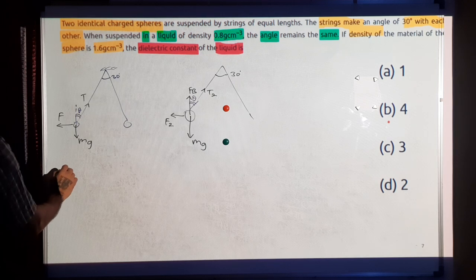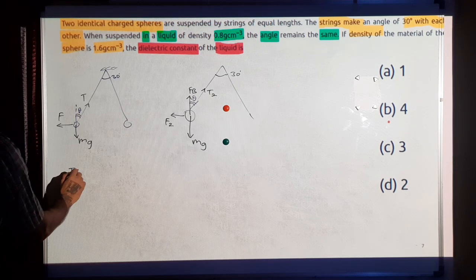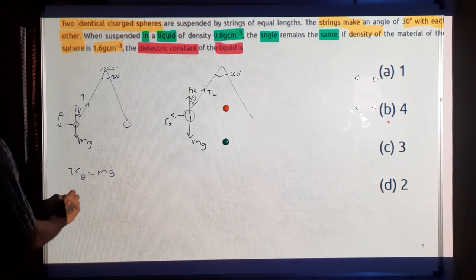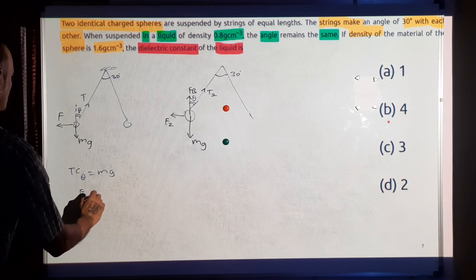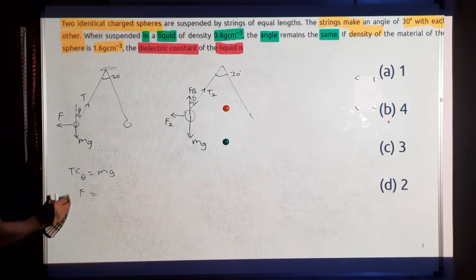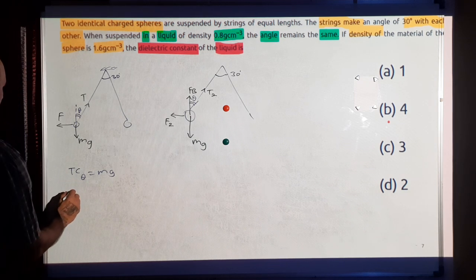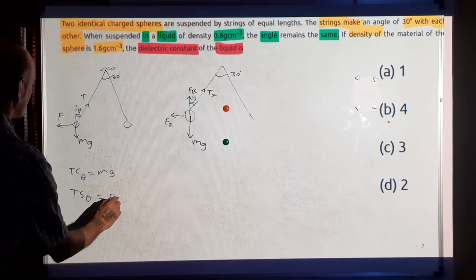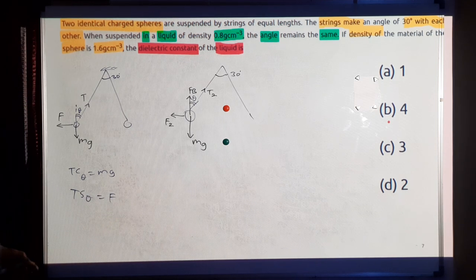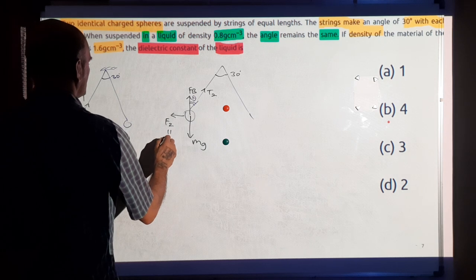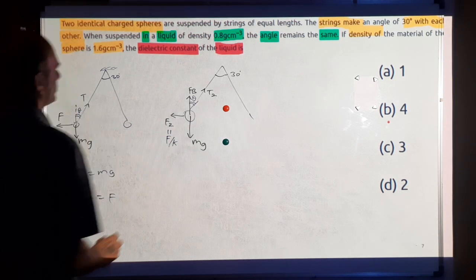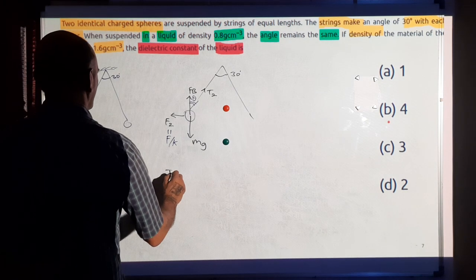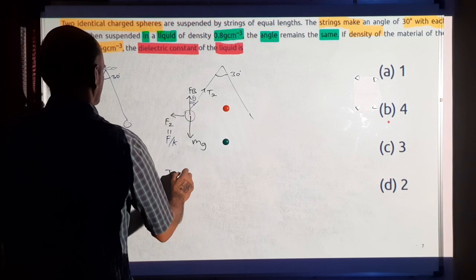So here you get T cos theta equal to mg, vertical force balance. Horizontally, I can write T sin theta equal to the electrical force F. In the second case, the F will become reduced by a factor 1 by K, where K is the dielectric constant. So T2 in the vertical direction,